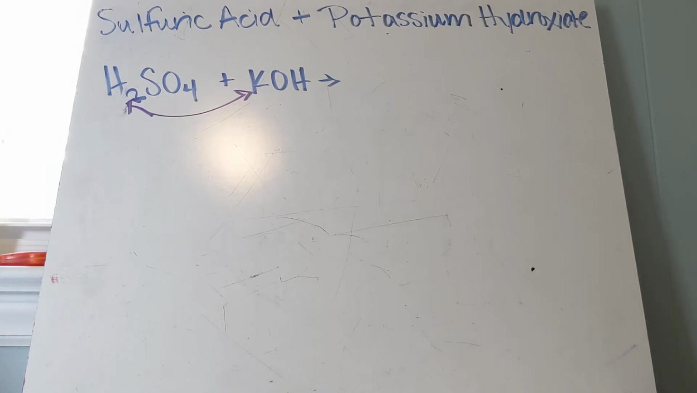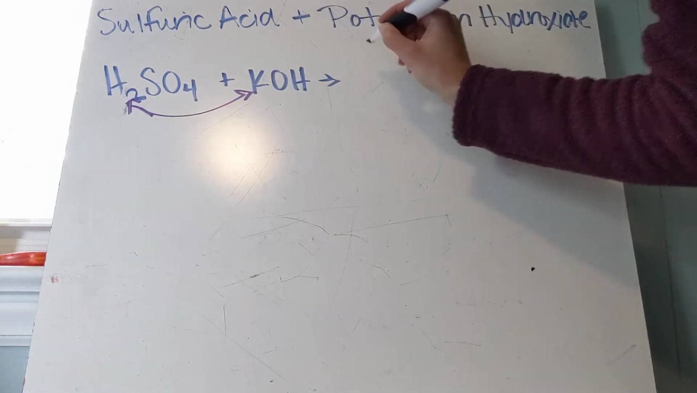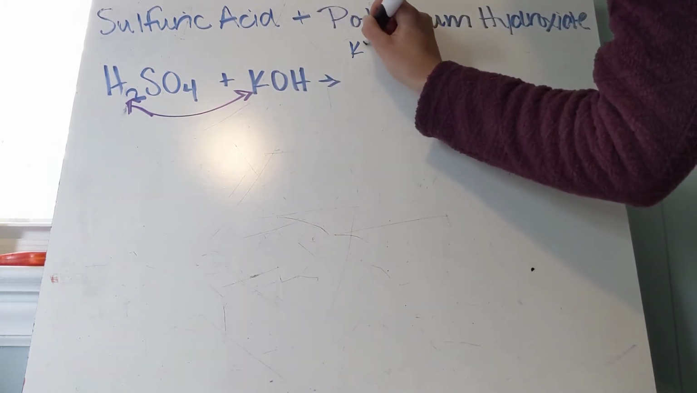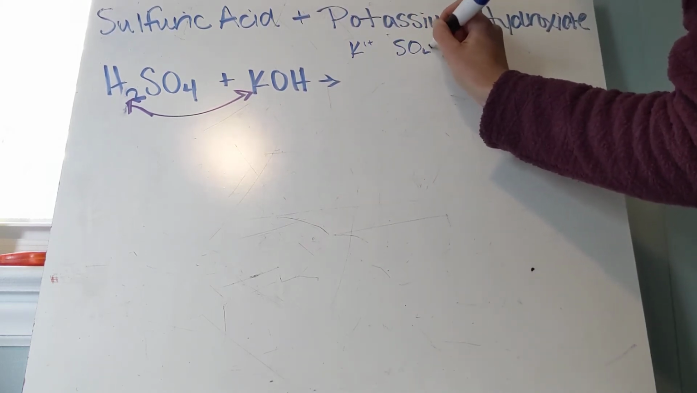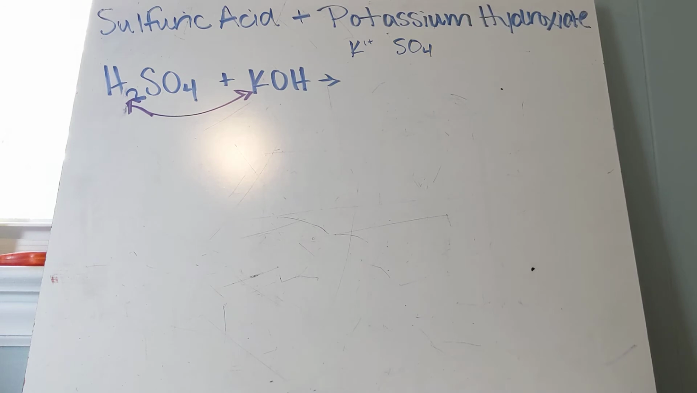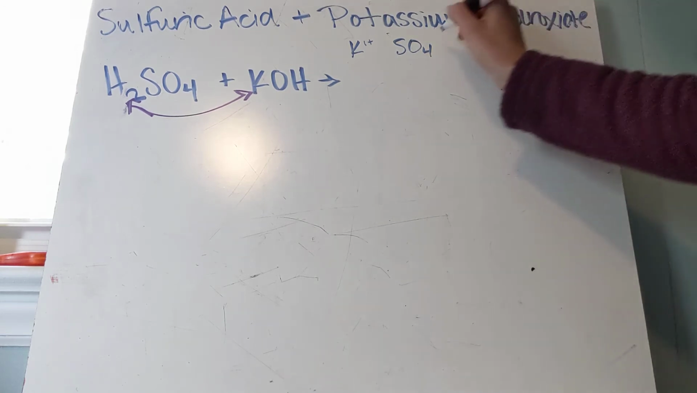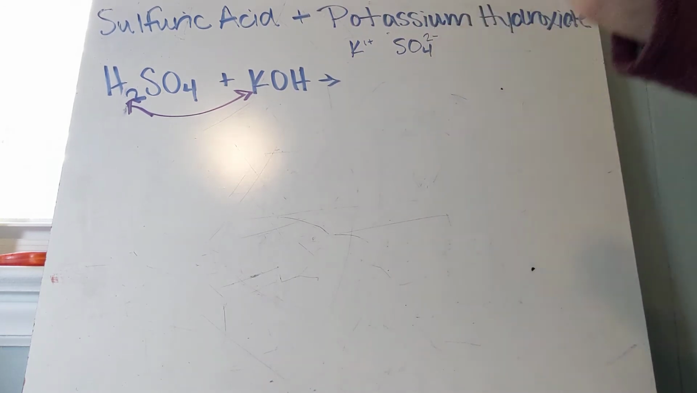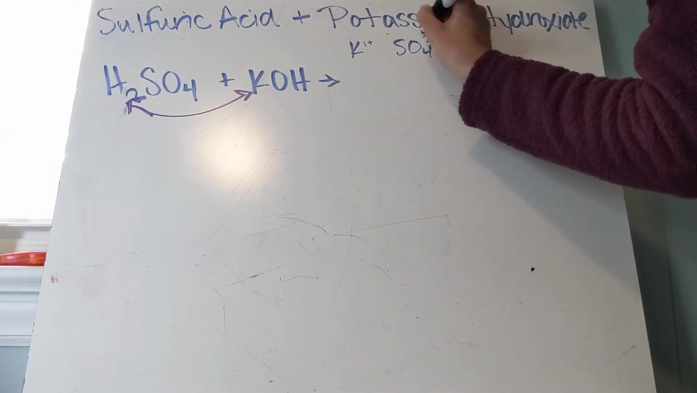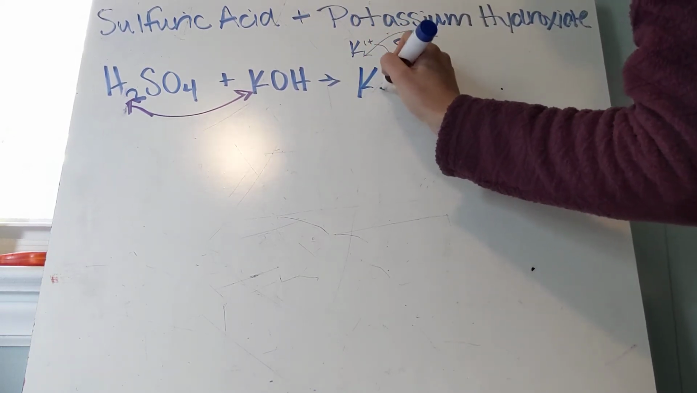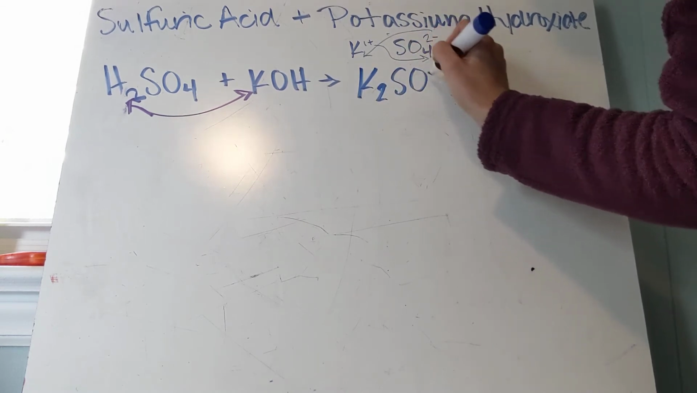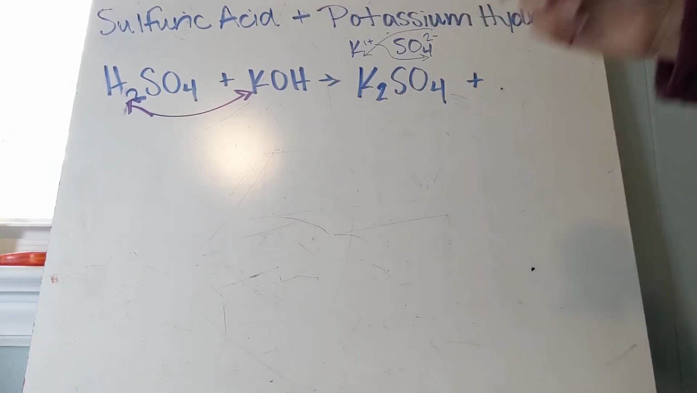So this is where we need to remember back to what our polyatomic ion charges are. Potassium, according to the periodic table, has a 1 plus charge. Sulfate, if you don't remember, because it's been a while since we've looked at these, is in your reference packet. Sulfate has a 2 minus charge. So in order to balance each other out, we're going to have K2SO4 plus, again,